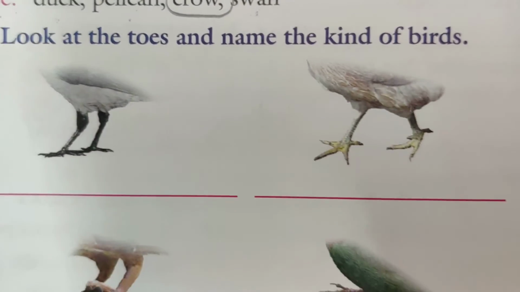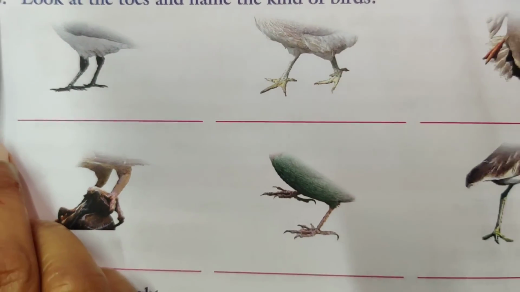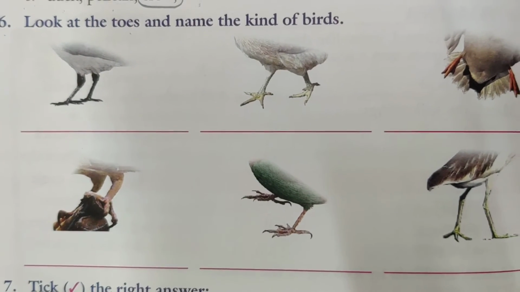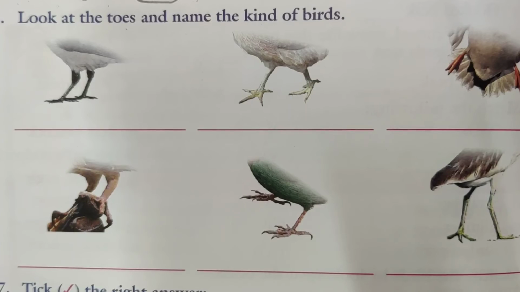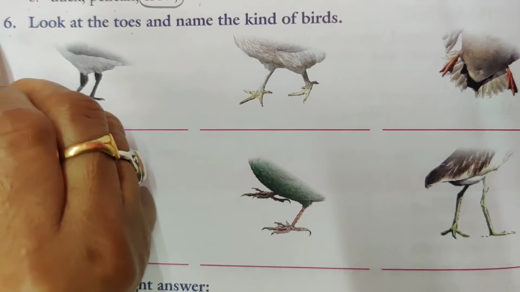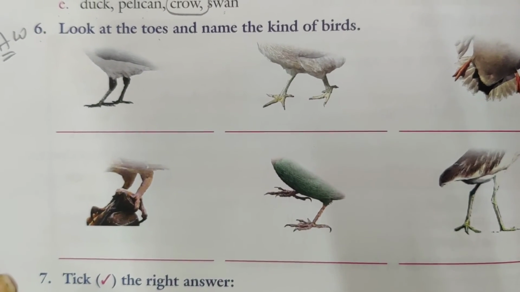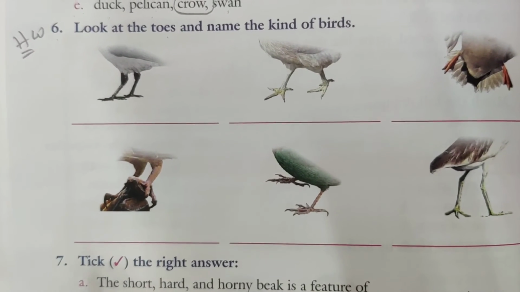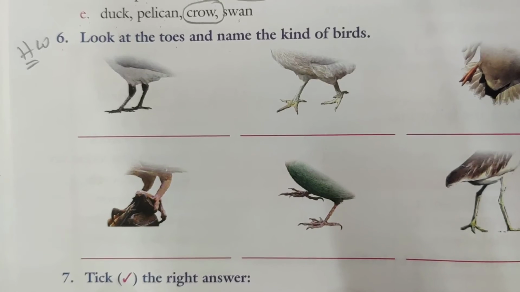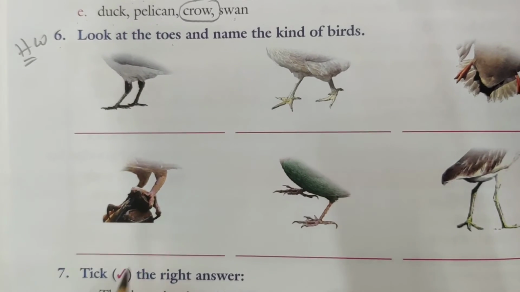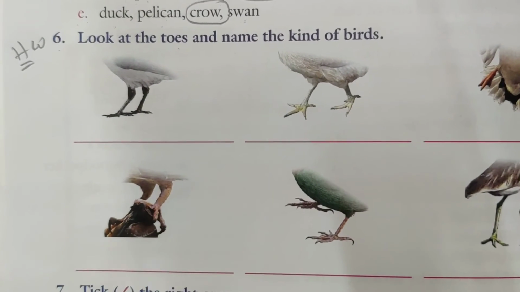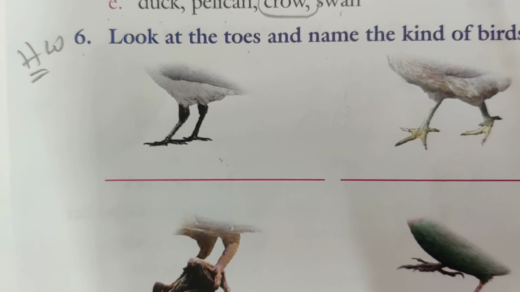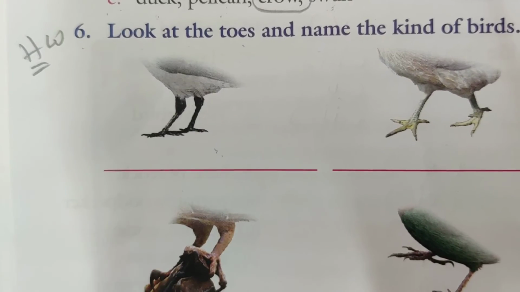Okay? Next bit, you see, Nana. What is the next bit? 6th bit. Look at the toes and name the kind of bird. This is also homework I am giving, Nana. You compulsorily have to read the textbook and then only write down. If I go on giving all the bits, you are not reading the lessons properly. So you have to read the lesson, find out and write down the answers here. Okay? These are the birds of claws. You find out and write down the answers.